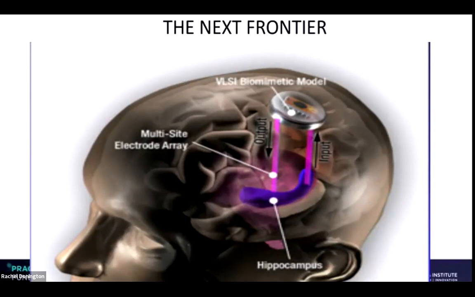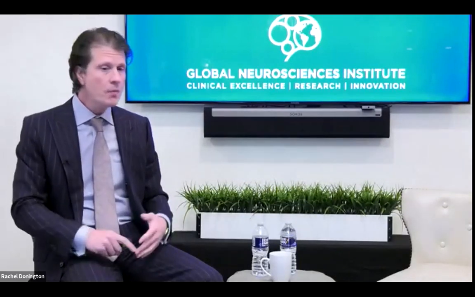So one of the most exciting things in neurosciences right now is functional neurosurgery and functional neurosciences. And you're going to hear a great session on this and some of the really incredible and exciting things that we're able to do. So we can literally put computer chips in the brain and stimulate or inhibit different areas of the brain to affect the most commonly known tremor for Parkinson's disease. But what we can also do is treat obsessive compulsive disease. There are several trials going on now for opioid addiction, spasticity. This is a new frontier.